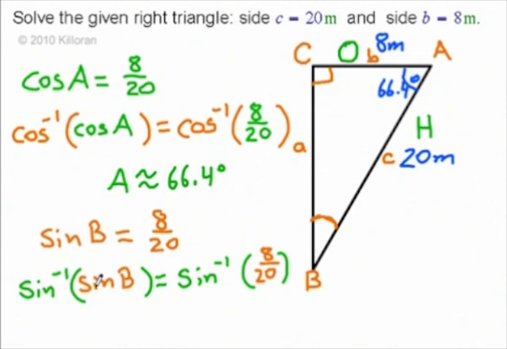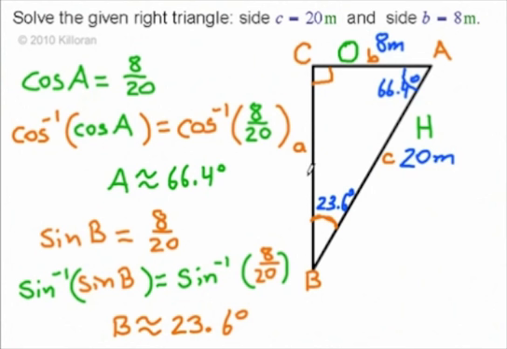Alright, and again, in a right triangle, a sine inverse and a sine will undo one another. So we'll be left with B is approximately sine inverse of 8/20ths. So if we do that, we'll get sine inverse of 8 divided by 20, which will give us 23.6 degrees, which is exactly the same as what I approximated earlier. And therefore we have almost solved the entire triangle. Now, you have a choice. You could use one of these approximate angles to come up with the third side, but I highly suggest you